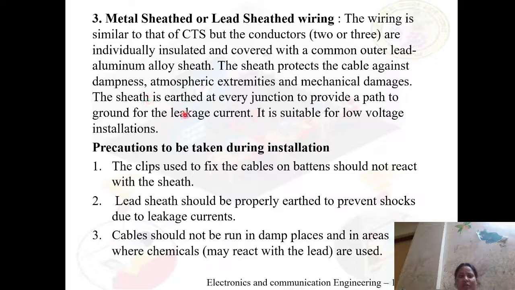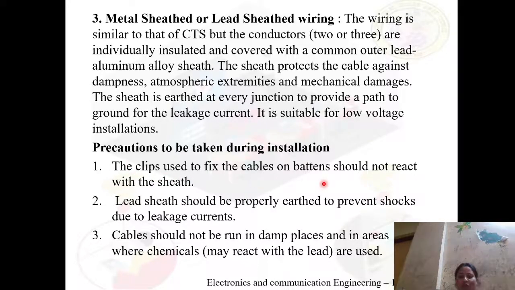And also the sheath is earthed at every junction in order to provide a path to the ground for leakage current. Okay, this is suitable for low voltage installations, but certain things we need to consider while installing this type of wiring. So the precautions which have to be taken during the installation are: